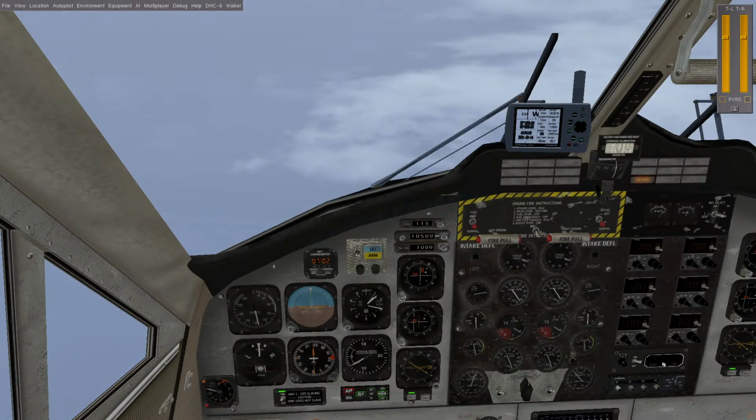PS Aviation, why are Twin Otters powered by two otters? I don't think that Twin Otter will take off because of friction, but